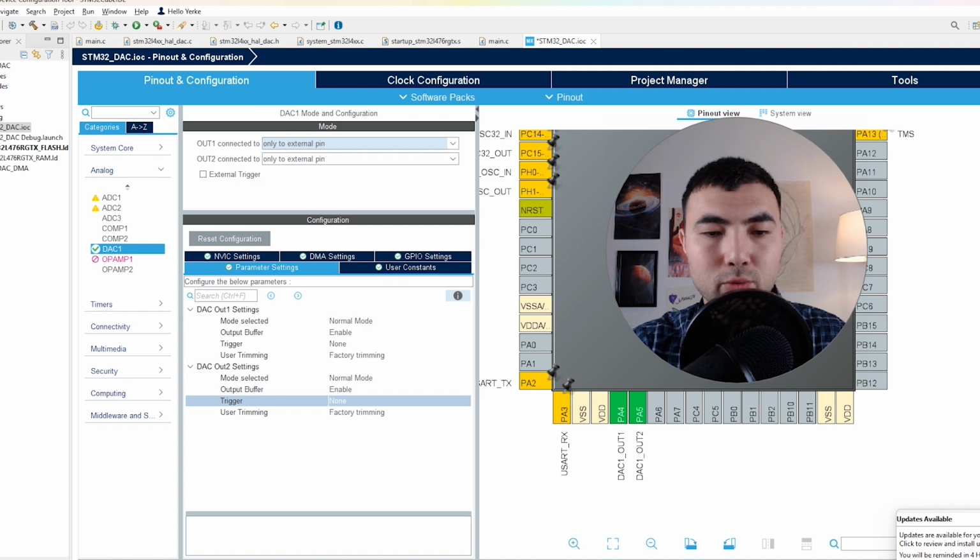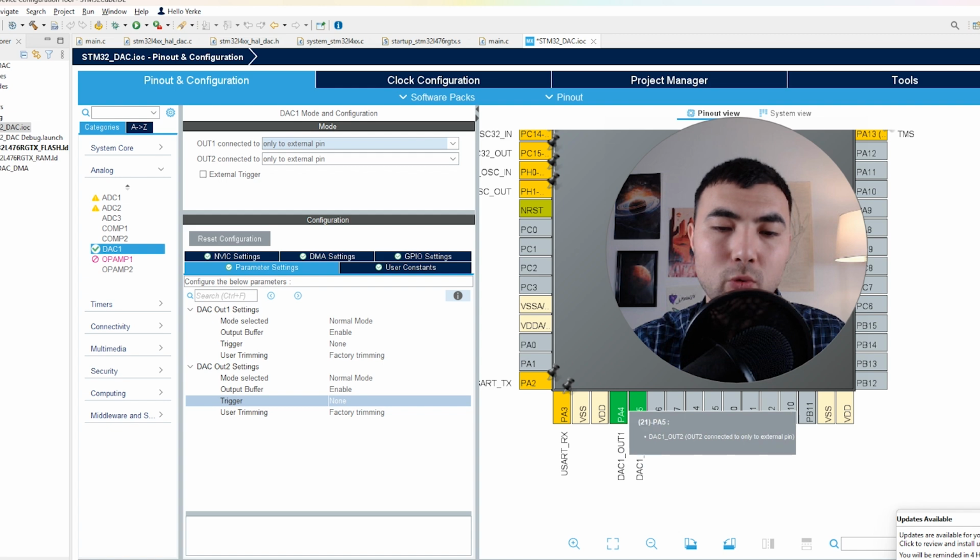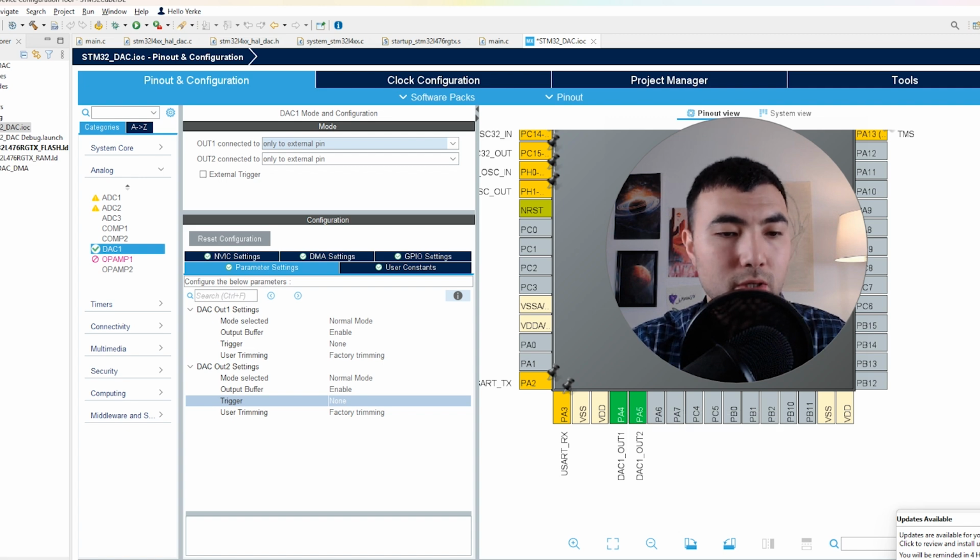And then if you look at this graphical illustration of the microcontroller, I can see that PA4 is the output 1, OUT1, and PA5 is OUT2 of the microcontroller. Then we open parameter settings and we have the following default configuration. Right now we don't need to change anything because I want to show the basic configuration of the DAC. Okay, so the next thing you just need to generate the code by pressing this button,